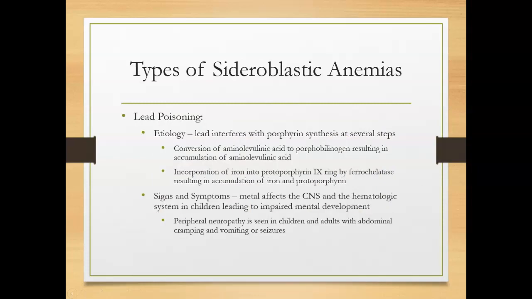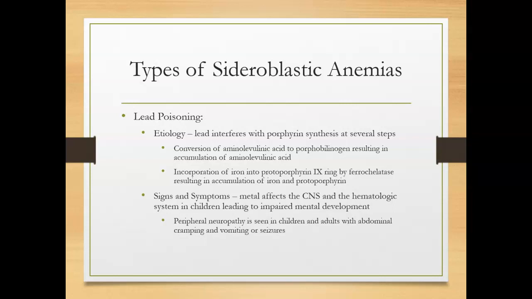And we have a couple different types. One of the things that can cause sideroblastic anemia, the first one, is lead poisoning. Lead interferes with the porphyrin synthesis at several steps. You don't have to memorize these steps, but I'll read them to you. We have a conversion of the aminolevulinic acid to porphobilinogen that results in an accumulation of the aminolevulinic acid. And we have incorporation of heme into the protoporphyrin 9 ring by ferrochelatase, resulting in an accumulation of iron and